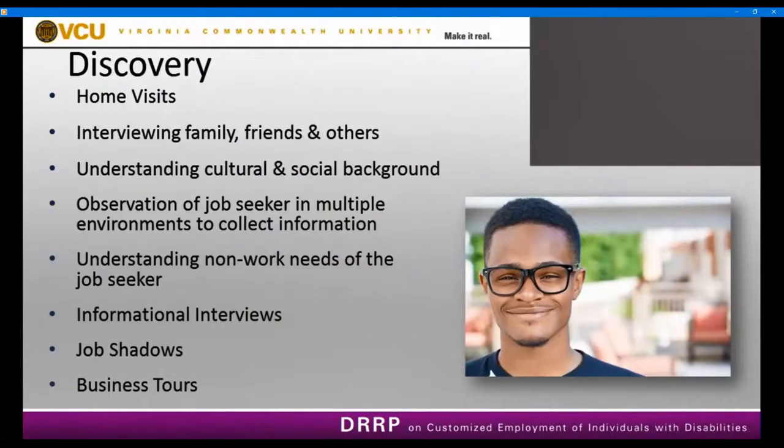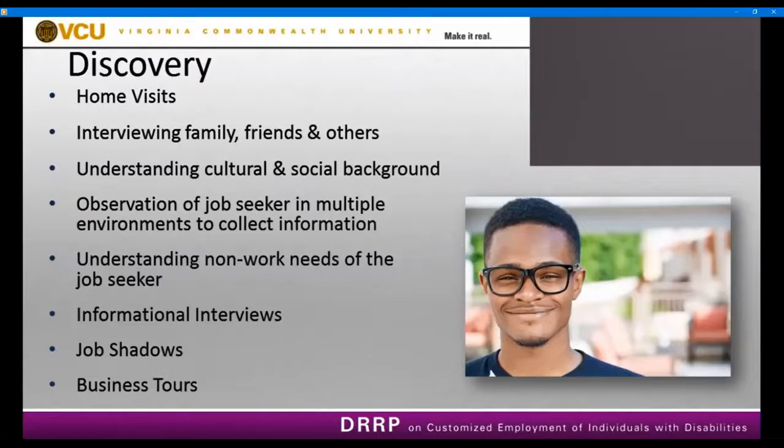It's also important to observe the individual in different environments. I know that the way my children act at home is totally different from the way that they act in the community. When they're at work, they're very professional. When they are at school, they rarely talk. If you were to ask me how my kids were, I would say that they talk nonstop. But that's the difference between how I see my children and how others see my children.